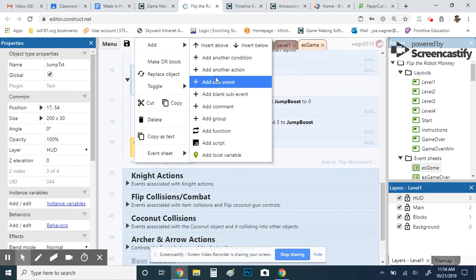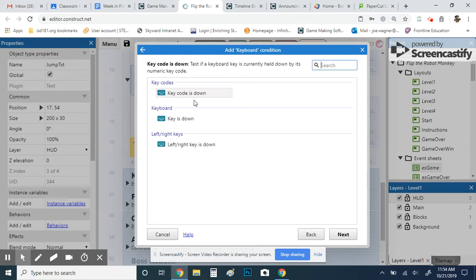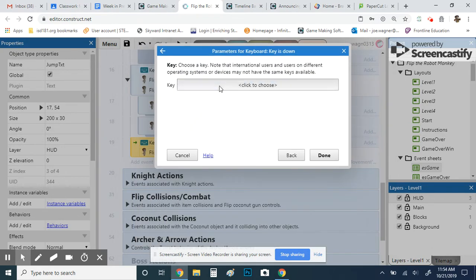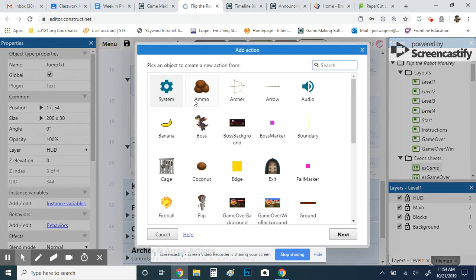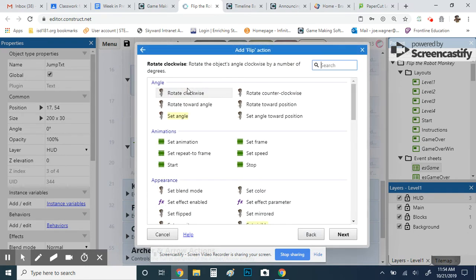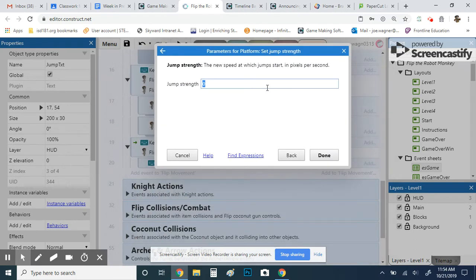I'm going to do add sub event, and we're going to do keyboard. We're going to do key is down. We're going to say up arrow. Done. Okay. So now if I'm holding down the up arrow, we're going to do an action for flip. And we're going to do set jump strength. And what we're going to do is we're going to add the jump boost to his actual jump strength. So we're going to do flip dot jump boost plus